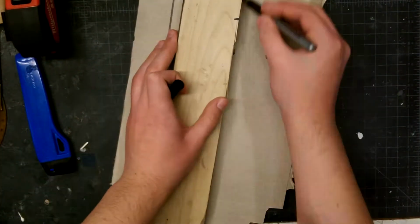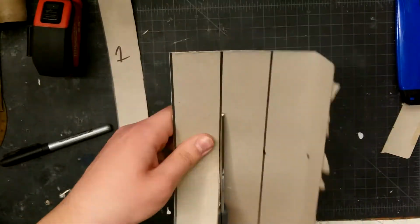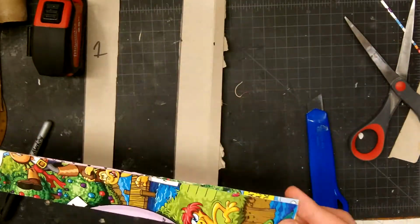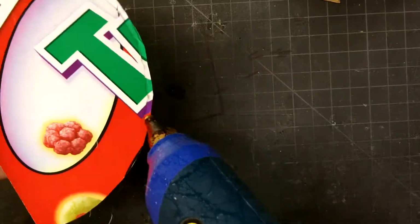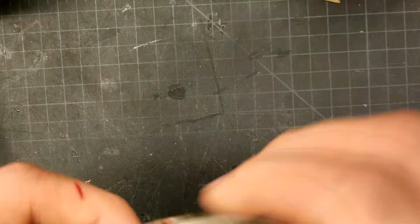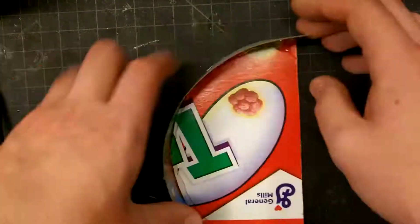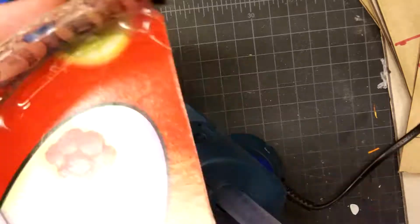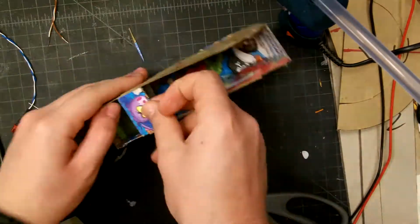Then I used more cereal box cardboard to cut out strips for the top. Then I hot glued those strips onto the semicircles, and I had to use a lot of hot glue just to make it stay in place and not pull itself apart, because there's a lot of tension on the